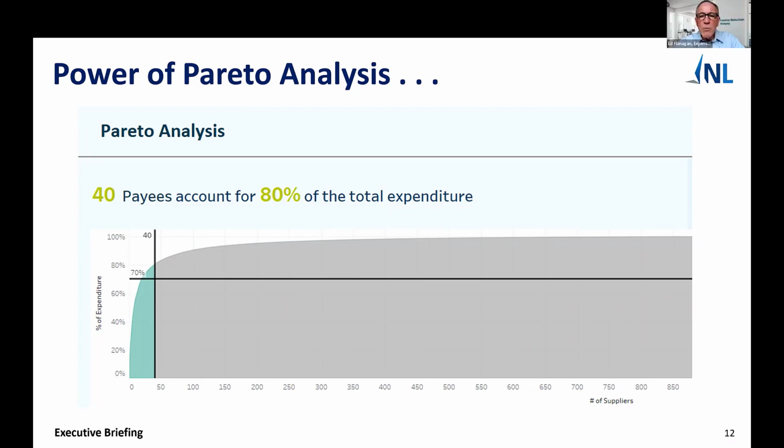Can you share what you mean by this? Sure. The Pareto Principle is the 80-20 rule. In this case, what we're saying is that 80% of a company's spend is usually through the top 20% of the vendors. Where companies have multiple sites, management may not be aware of the number of vendors. So when we find there are a lot of vendors out there, it's a good opportunity for us to save money by consolidating the vendors and having the vendors sharpen their pencil so that they can pick up more of the